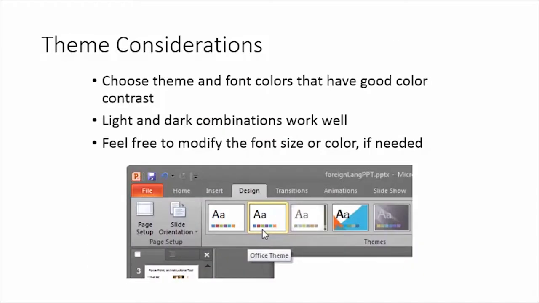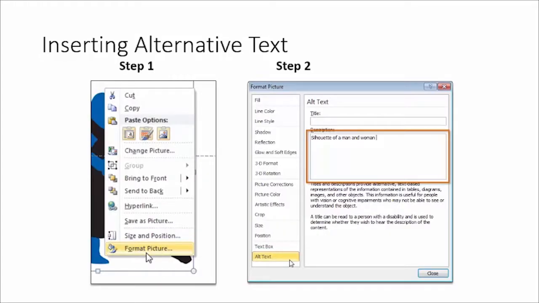And we talked about this one a lot too. We talked about those theme considerations, those color contrasts. Again, that's just common sense. Is it readable? Can I read it? Do these colors make sense as far as what I'm trying to convey? Is it easy to read? And only you can answer that. The accessibility checker cannot.